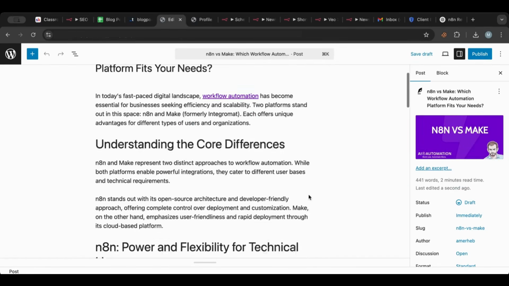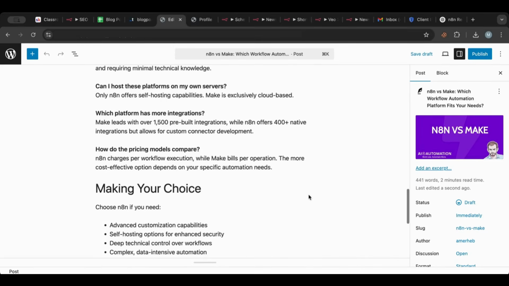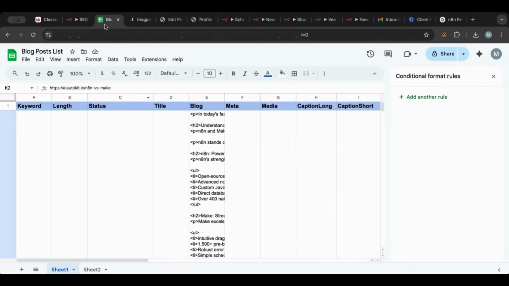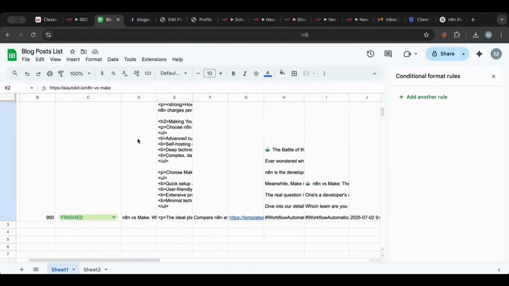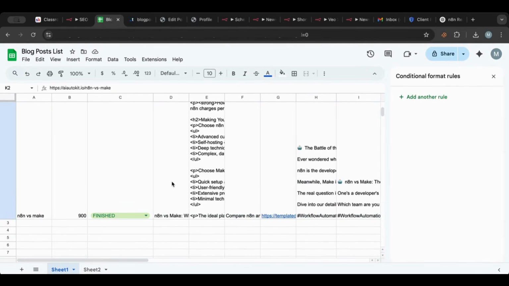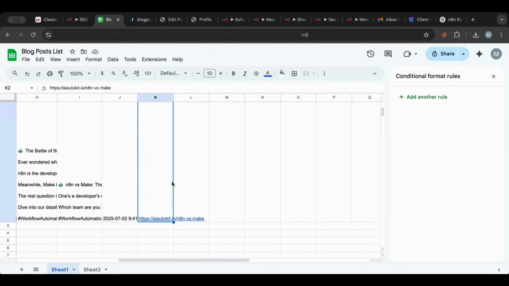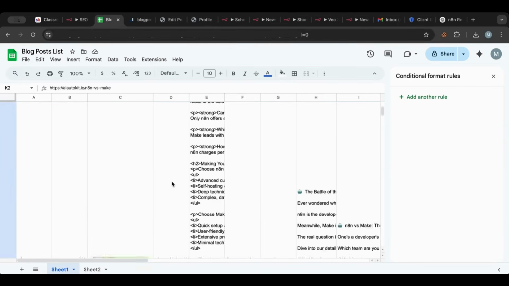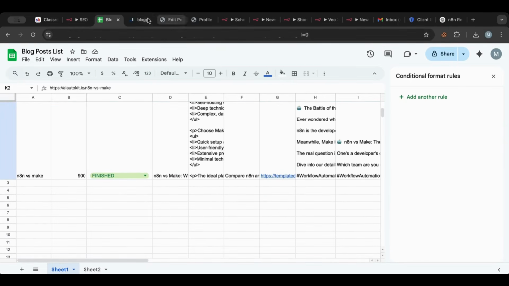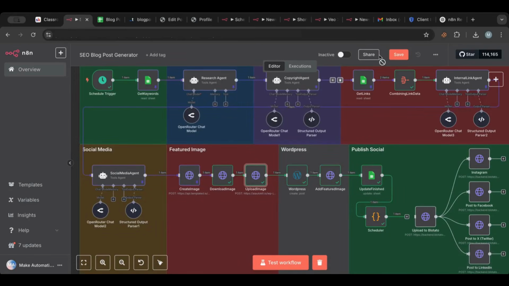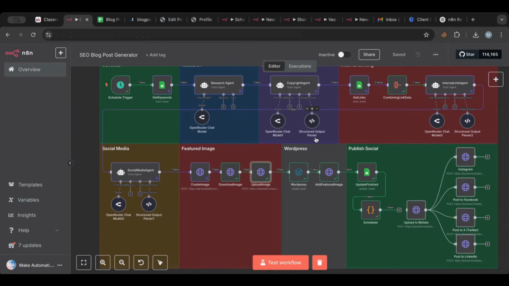So it added the image and everything looks perfectly good. And if we go to blog post here, we can see it added everything and it made it finished with everything that we required it to do. How perfect is that? All right, so I'm gonna save this. I'm gonna download this blueprint for you to use and test, and let me know